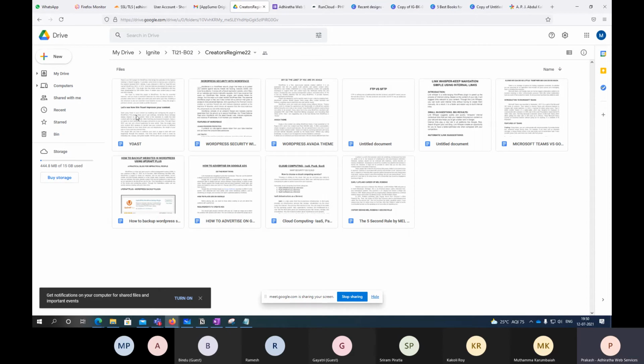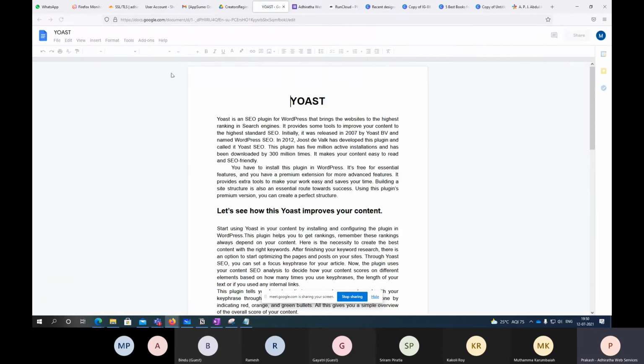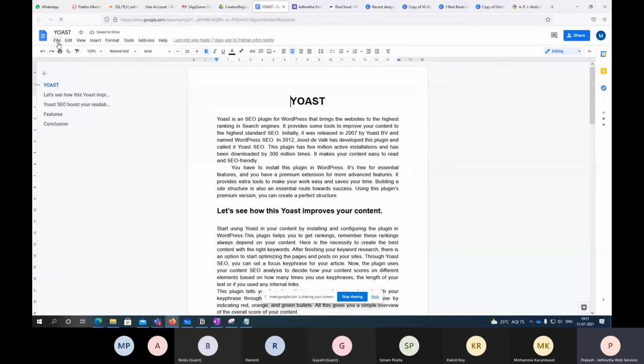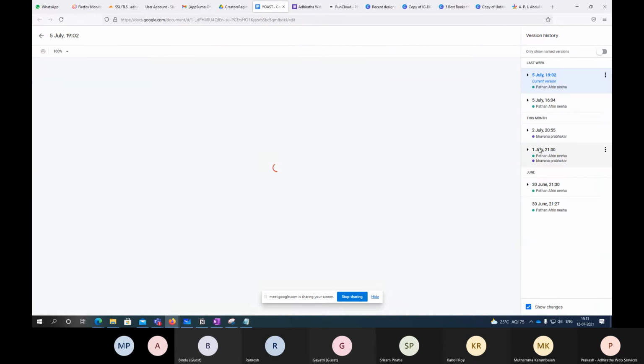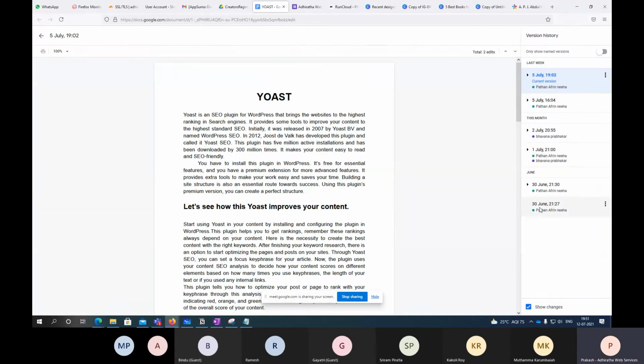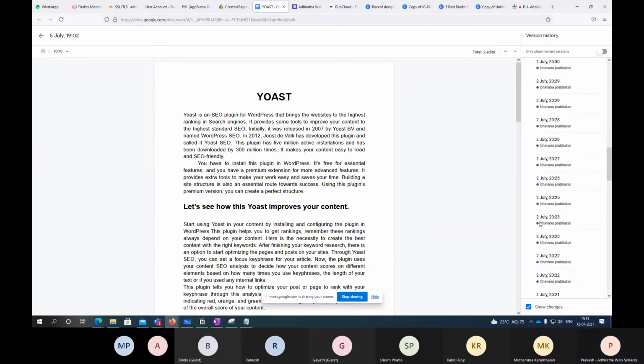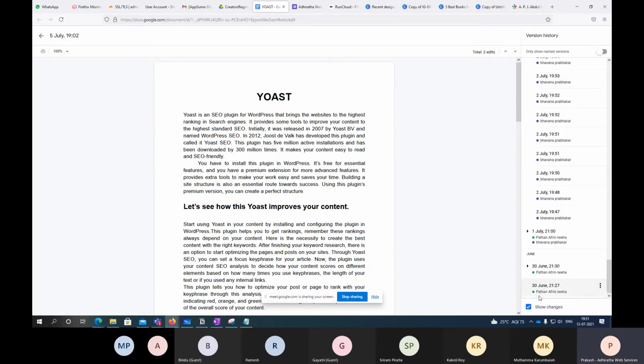Okay, so if I take any one document here, it will be telling you when they started working on the document, how many changes they've done, when they did them, all that will be maintained here. See here, on 30th June they started working, right? At 9:27 in the evening they worked, then 9:30, right? Again 1st July, 2nd July, who and all worked on it. So it's actually created by one of the students called Afrin, right? Afrin, she created on 30th June. Then on 1st July it is actually worked on by Afrin as well as Bhavana. Two girls worked on it.